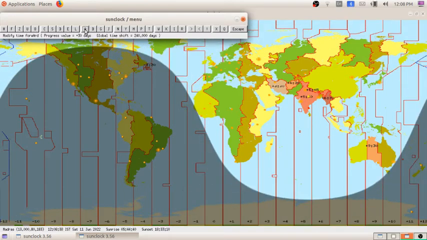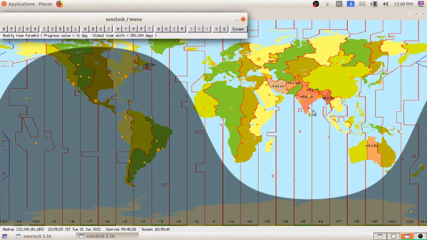June 2022. Now it is June 11. We have to move to June 21. So for that I am changing the progress value to 1 day and moving forward. Now it's set to June 21. You can see the sunrise and sunset on June 21. We can take any year, and move backward or forward. By mistake I clicked the option move forward, so let it be like that.